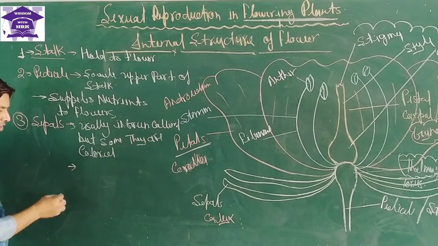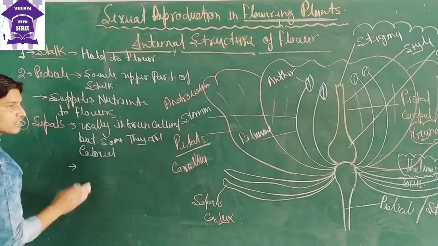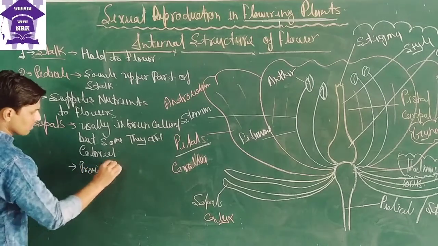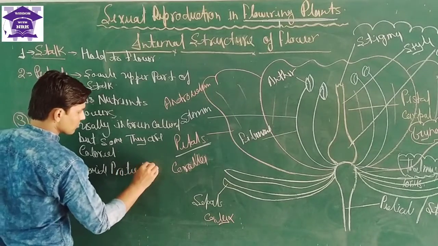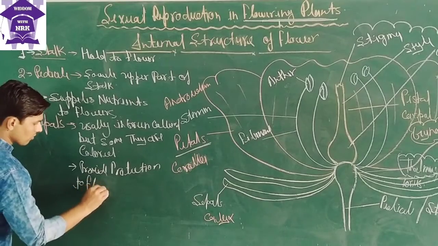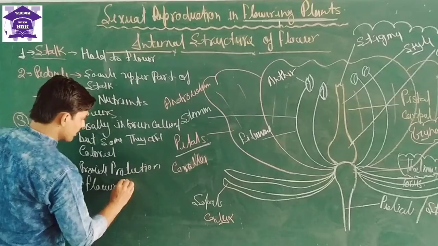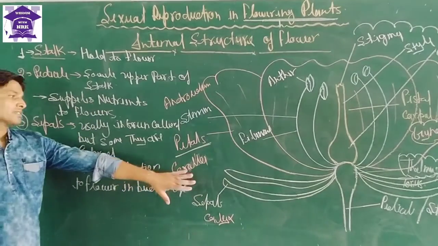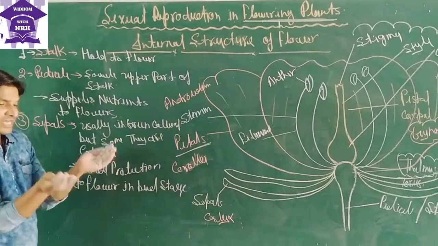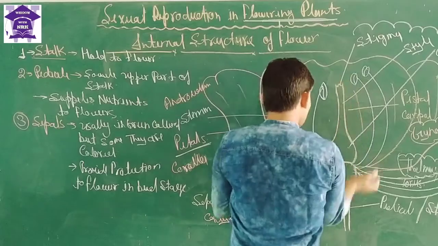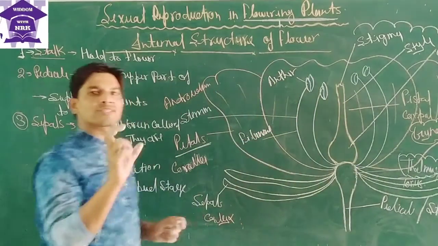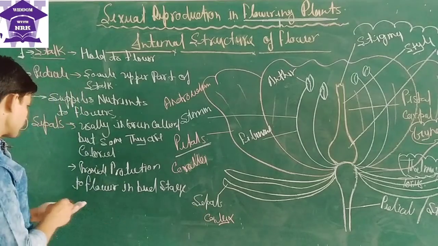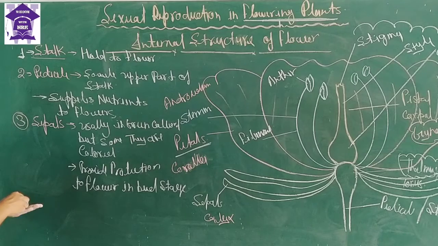If we talk about the functions of the sepals, they provide protection to the flower in the bud stage. जब फ्लावर हमारा बड स्टेज में होता है स्टूडेंट्स, उस बड स्टेज के टाइम ये सेपल्स उसे कवर किए होते हैं, मींस ये सारे पार्ट्स को अंदर से कौन कवर किए हुआ होता है? सेपल्स. देखा होगा आपने जब कोई बड होती है तो वो चारों तरफ से ग्रीन कलर के लीफ से घिरा हुआ होता है, उस ग्रीन कलर के लीव्स को हम स्टूडेंट्स क्या कहते हैं? सेपल्स कहते हैं.